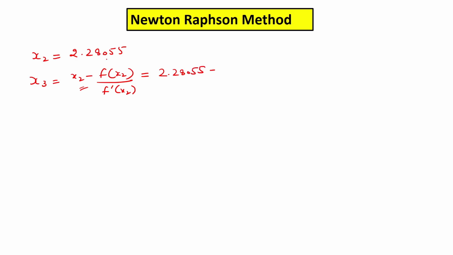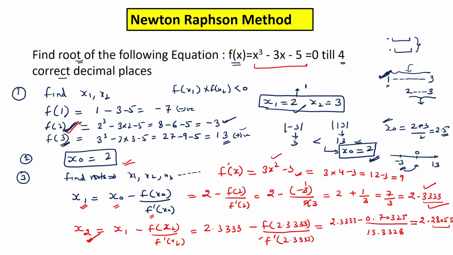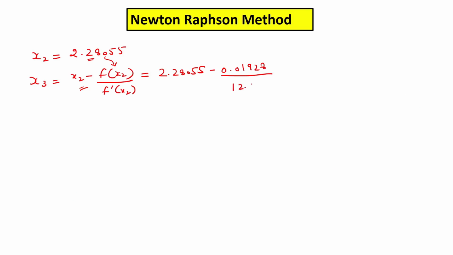Now if we put this value at x2 and we find the function value at this point, we will get 0.01928. Okay, and then when we put this x2 into the differentiation, we will get 12.6027, and after solving this, we will get